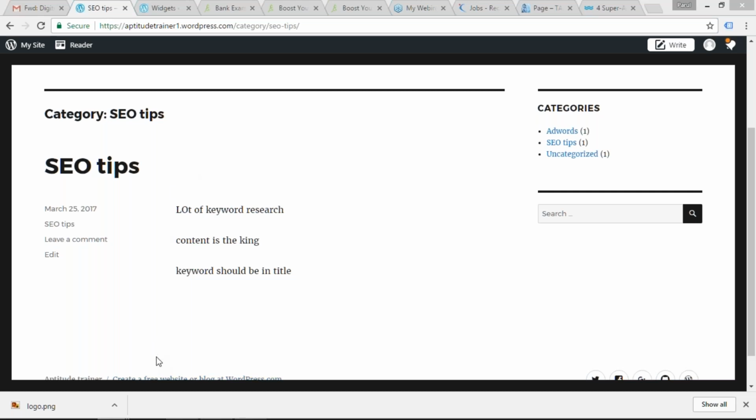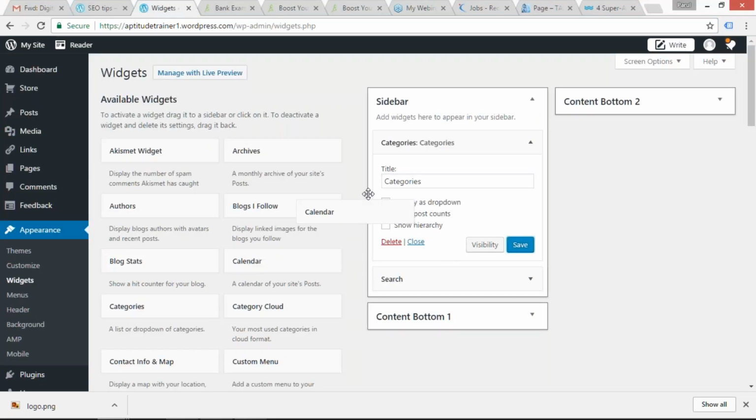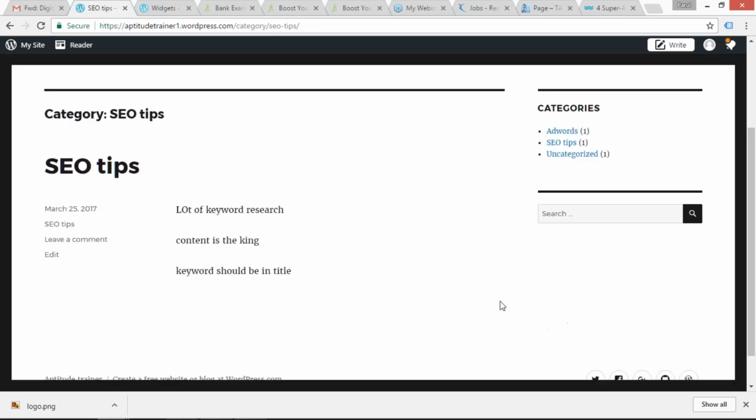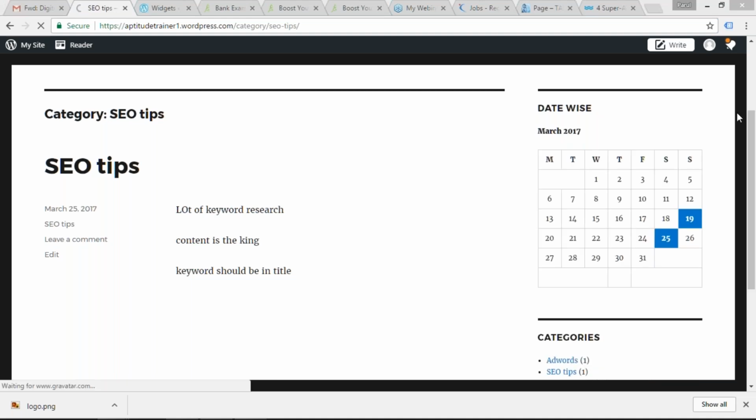Okay, I'll show you that, Mayank, how we did that part. I'll go to widget and say I had put this calendar out here. I can drag any number of available widgets out here. I can put it in the sidebar, anything which I want. Say I have put this date-wise calendar last time also. I'll save it. Once I save it, you have to refresh it every time, and see, it is appearing out here. Can you see? It is appearing